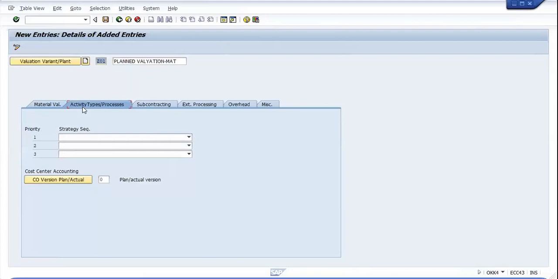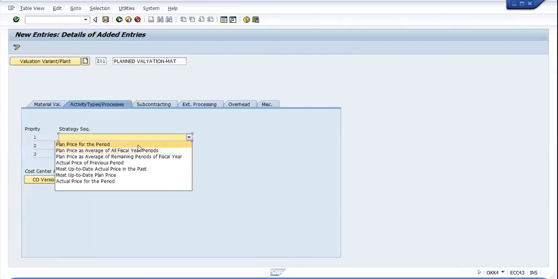If you see the active strategy sequence, you will find different strategy sequences for the activity type, like plant price for the period, plant price as the average of all fiscal year periods, plant price as the average of remaining periods of the fiscal year, actual price of the previous year, most up to date actual price in the past, most up to date plant price, or actual price of the period.